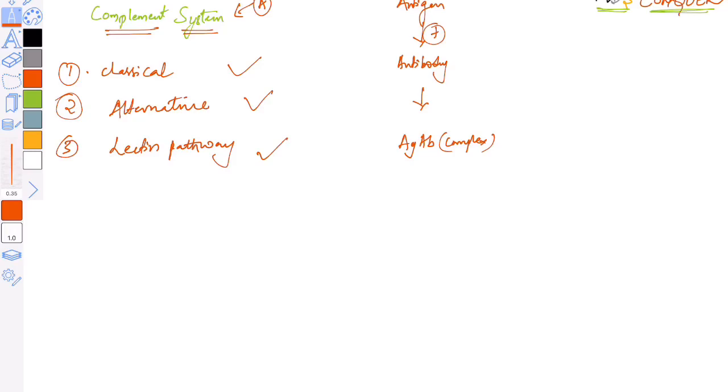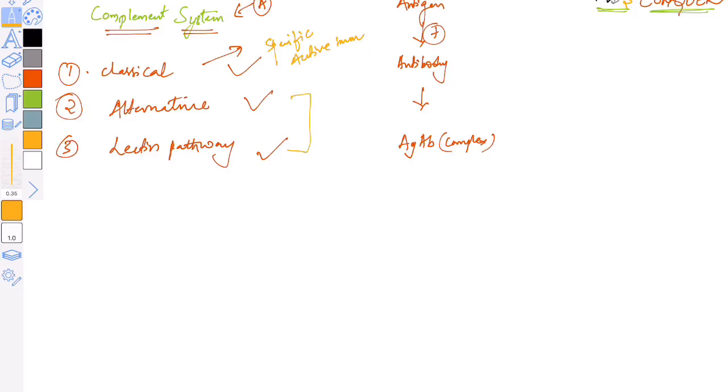So what is the advantage of classical? Why is it called classical? Because it is the first identified. Okay, the classical is the one which was first identified, and it has since had lots of modifications done. Lots of modifications are done in the classic pathway, and the classic pathway is mainly concerned with specific active immunity,